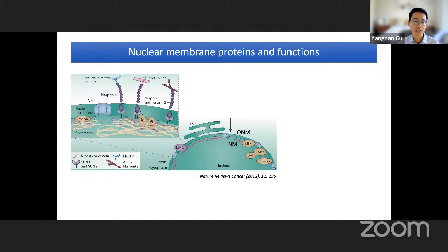These functions are achieved through a selectively enriched group of proteins that are particularly localized to the nuclear envelope and function in many essential nuclear processes. For example, we know the nuclear pore, right? On top of the nuclear pore sits the largest macromolecular protein complex, called the nuclear pore complex, which is composed of over 1,000 proteins of 40 different kinds. They assemble into large channel-like structures which can mediate selective and bidirectional transport of many macromolecules, including RNAs and